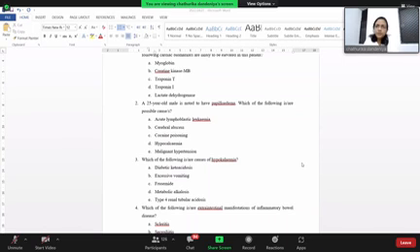Okay, so the potassium transport. Now, potassium, you would remember, is an ion that is high intracellularly and low extracellularly, comparatively, because intracellular potassium levels are in the range of 130 to 140 millimoles per liter. But extracellular, the levels are between 3.5 to 5.5 millimoles per liter. So extracellular potassium levels are usually low.